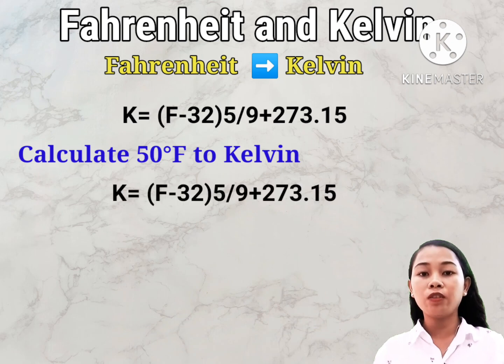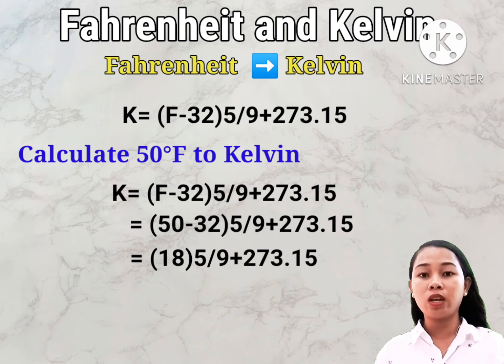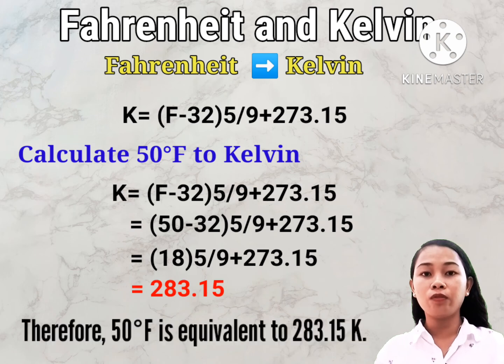Copy the formula and substitute the given: 50 minus 32 times 5 divided by 9 plus 273.15. So 50 minus 32 is equal to 18, times 5 divided by 9, plus 273.15, which is equal to 283.15 Kelvin. Therefore, 50 degrees Fahrenheit is equivalent to